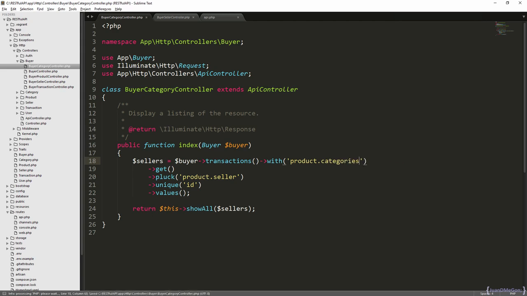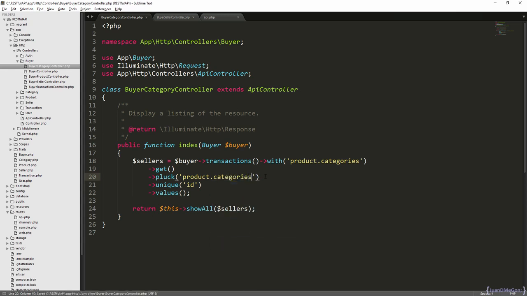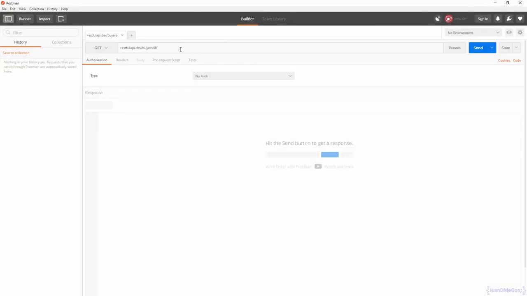Again, with the pluck method, we just need to obtain the list of categories, and this list is inside the product. So we just need to specify product.categories. Let's keep it like this for now, and let's see what we have. If we go to Postman and try to obtain the categories for this buyer,